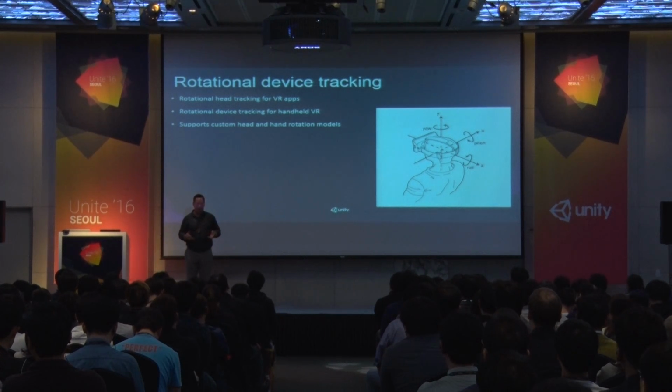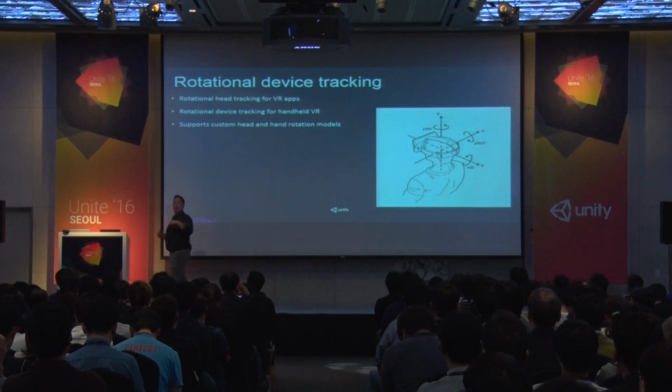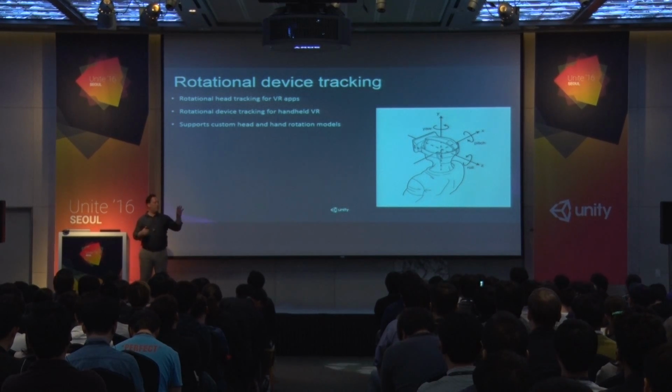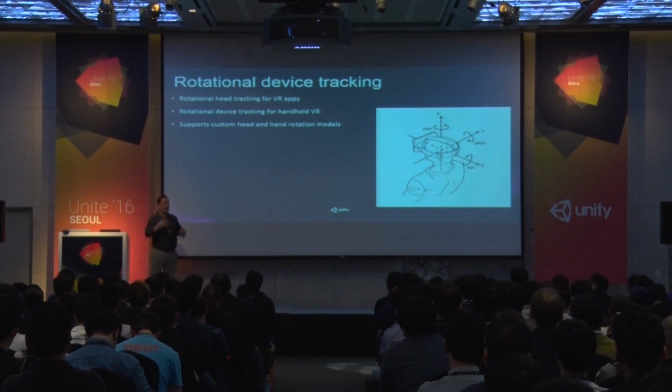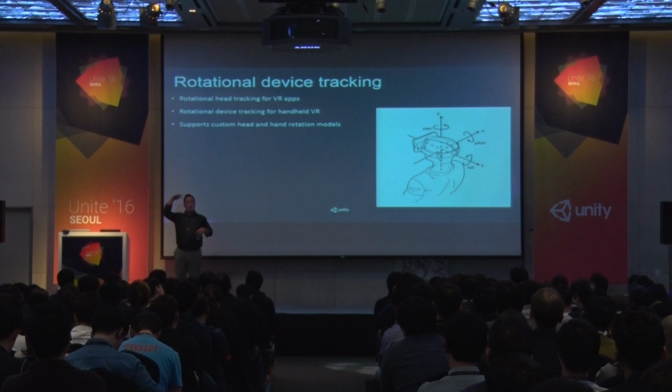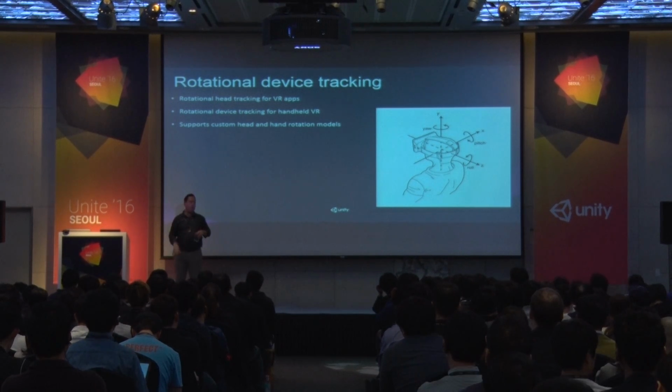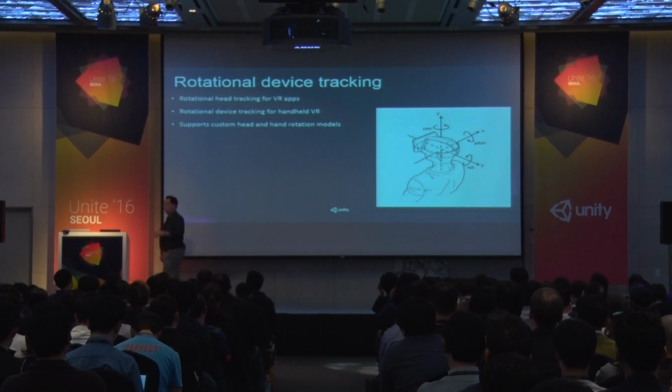What's neat about it is that we have models we provide by default, but we also provide a setting in Unity that you can go in and create your own adjustments. So if you're building something where you're using a hand model that you want to use with a robot, so it's not a human arm but has a different configuration, you can adjust it so it works properly with that. Or if it's for someone who's gigantic and their ergonomics are different from a standard person, you can adjust the head model. Or for kids, they'd have a head model with a slighter offset than what you would have for an adult. So you can fine-tune the rotation model.